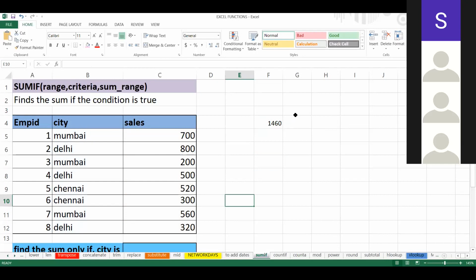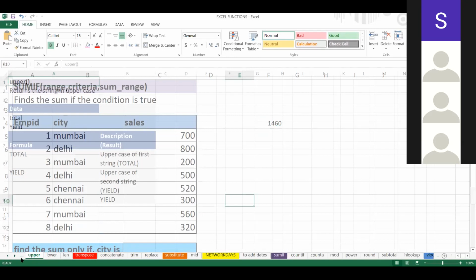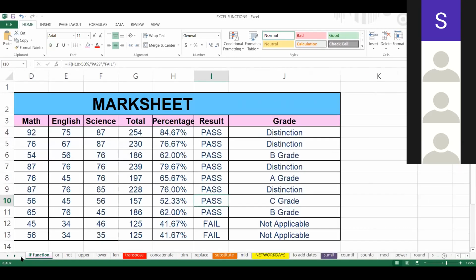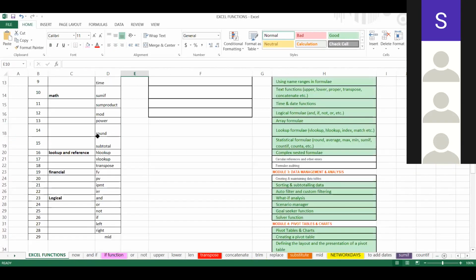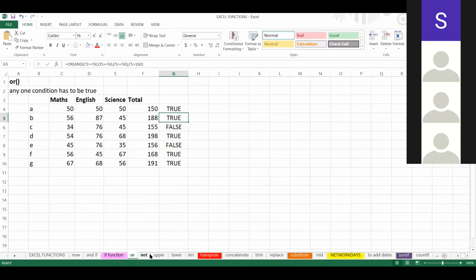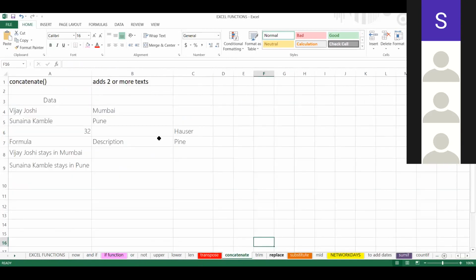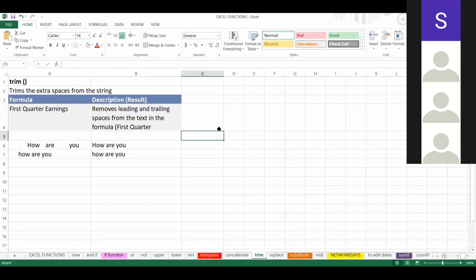Similarly, we have the COUNTIF function. You can see at the bottom, I have many functions, which is very difficult to cover all of them. But if you join our course, you can learn all of them. This is the Excel sheet which I have made, with what functions we have to cover. We have NOW, IF, AND, OR, NOT, UPPER, CONCATENATE, TRIM. All these functions cannot be taught in 1 hour. It requires at least 2 hours. Similarly, pivot tables cannot be taught in 1 hour. Actually, it requires 2 or more sessions of 2 hours each.